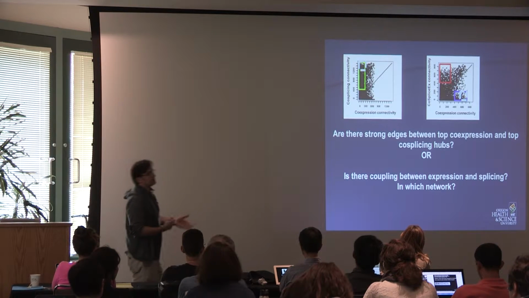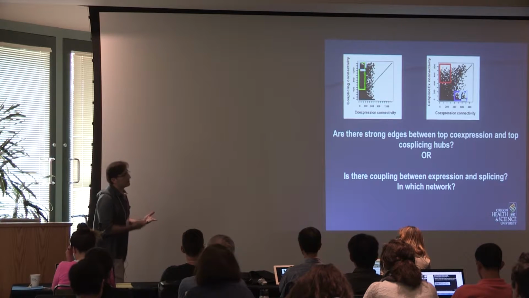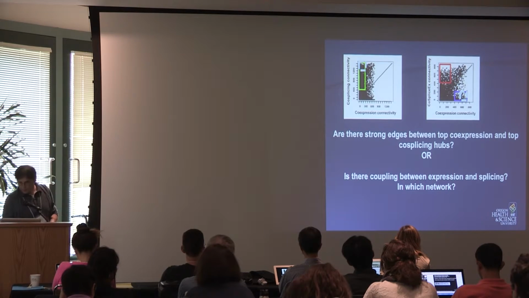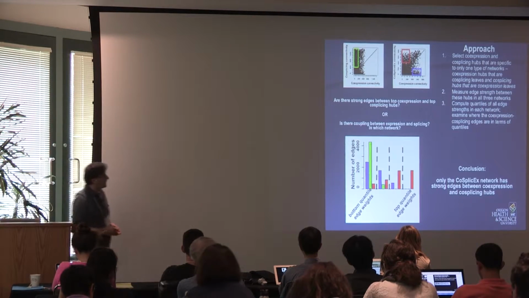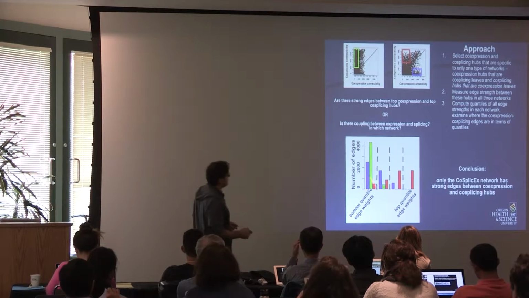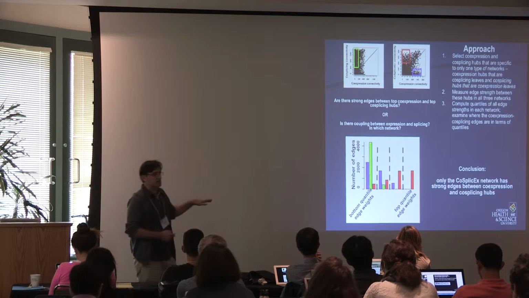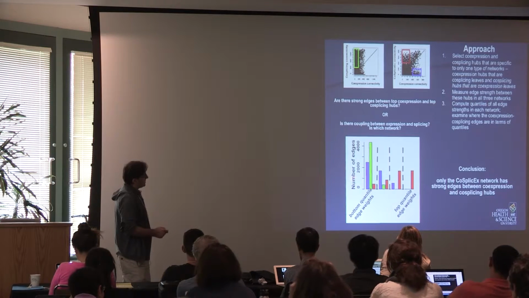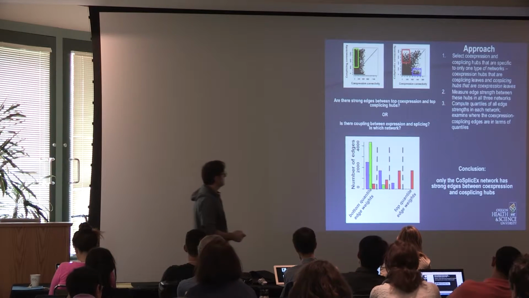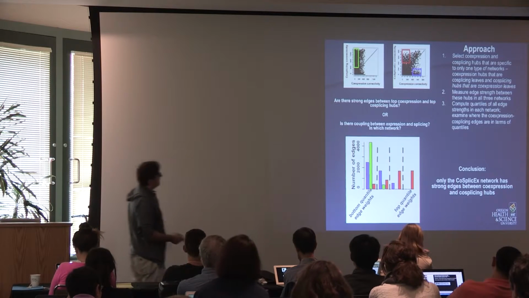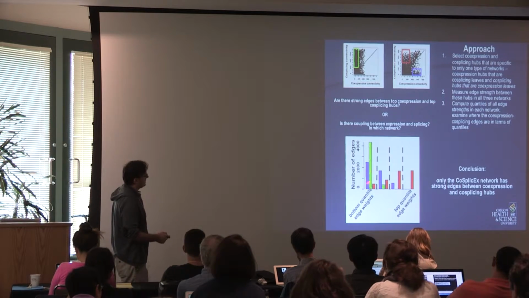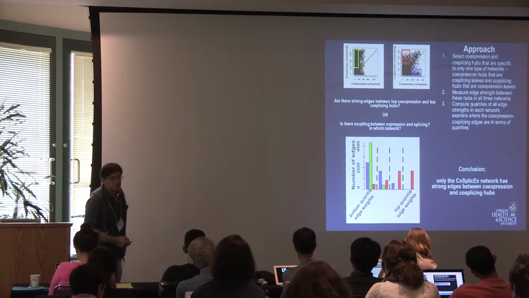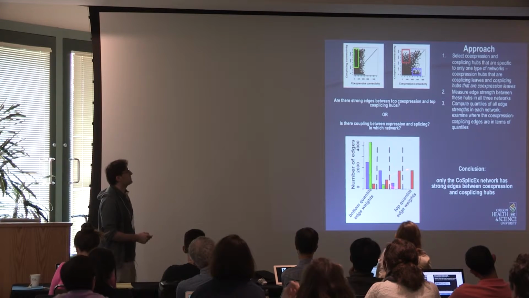And I have three types of networks. So I ask, which network will give me strong edges between those types of genes? For each network, I collect the edges between these different types of hubs, and I look at their quantile distribution. If you look at the co-expression, it has very weak edges between these different types of hubs. The same is true for the co-splicing. It doesn't have any strong edges between top co-expression and top co-splicing hubs. However, my favorite network here does find those strong